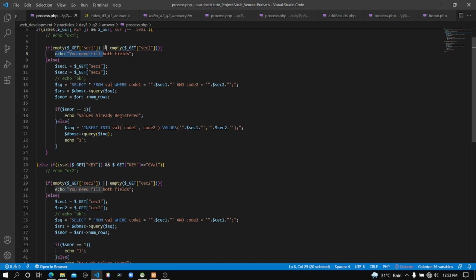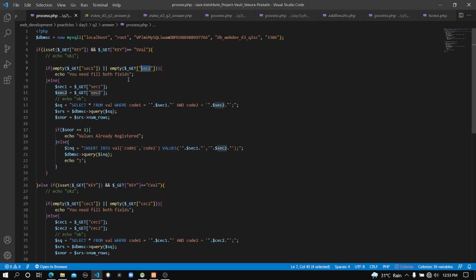Okay, here you can see it will check if the sec value 1 is empty or sec value 2 is empty. If either sec value 1 or sec value 2 is empty, it will execute only this part of the code and it will output this text: You need to fill both fields.